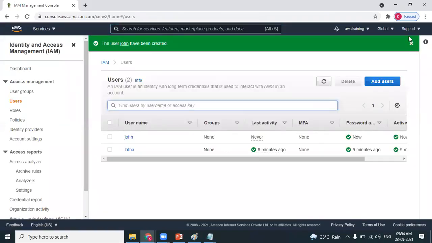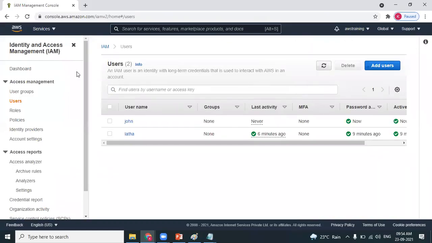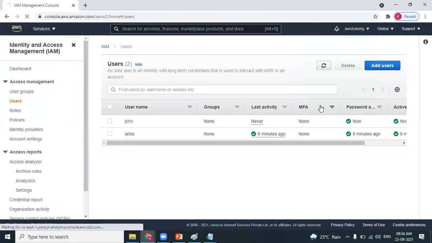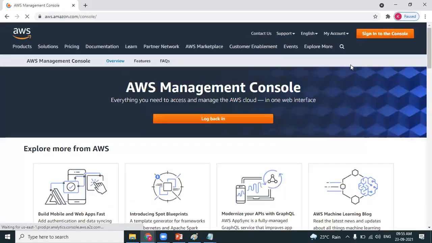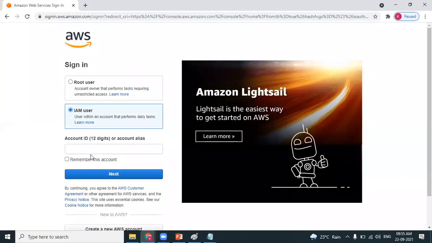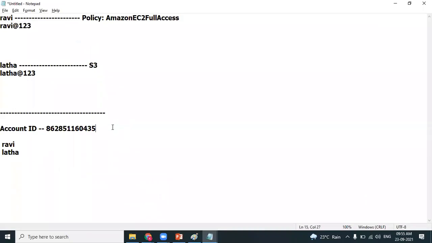Okay, so now let's log in with the John user to just experience the EC2 service. As an IAM user, first you need to provide the account ID under which John belongs.